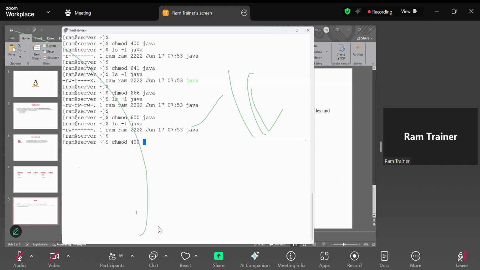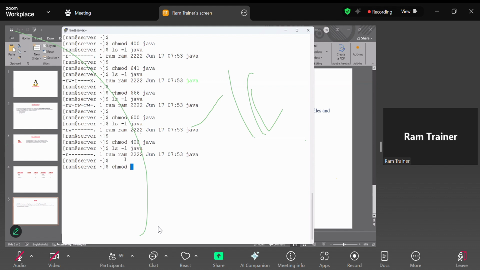So why, in AWS, is it easy to keep the key pair running with 400? It means only the user can read this key, and all the remaining are nothing. That's why 400 means only one can read. So this is the proper way people manage permissions. If you know the values of three, read 4, write 2, and execute 1, those guys can manage it easily.